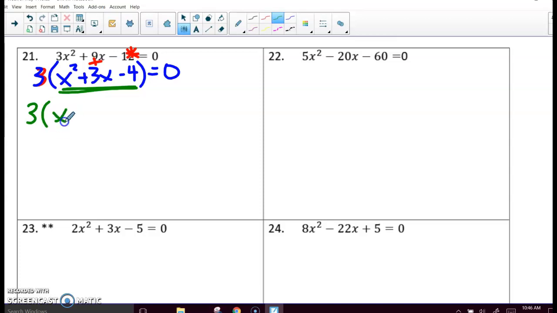That would be positive 4 and negative 1. Now to find my solutions, I set each factor equal to 0. I technically have 3 factors. But my factor on the outside of 3